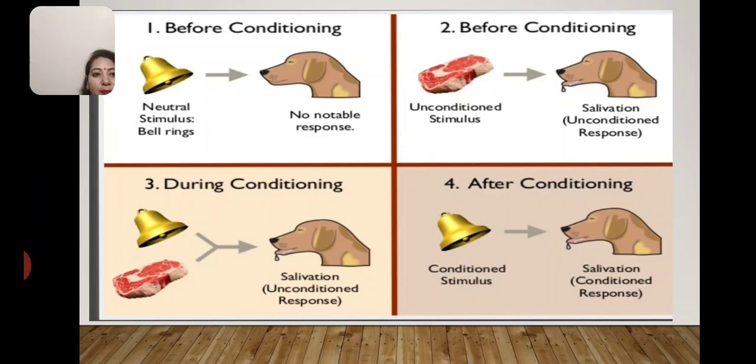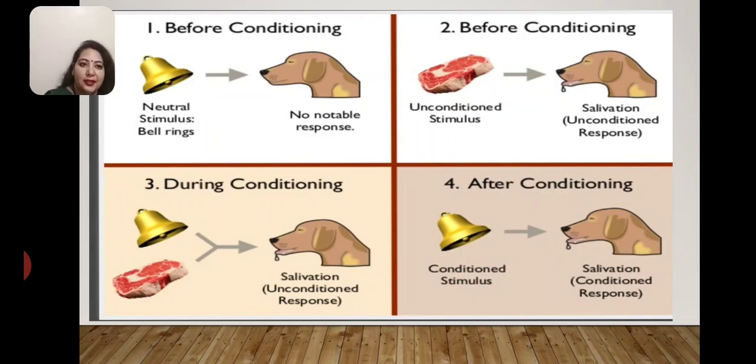Here, as we are seeing during the experiment, before conditioning, a bell was rung, and when the bell was rung, there was no saliva. The bell acts as a neutral stimulus because it was not able to provoke the response. So, the bell is a neutral stimulus, and before conditioning, before the experiment begins, the food, when presented to the dog,